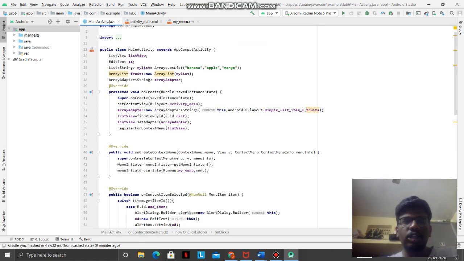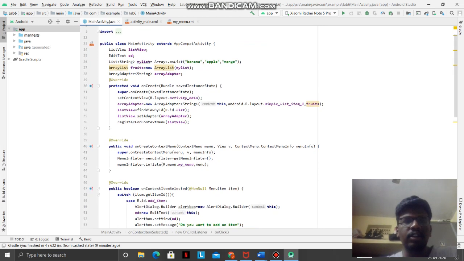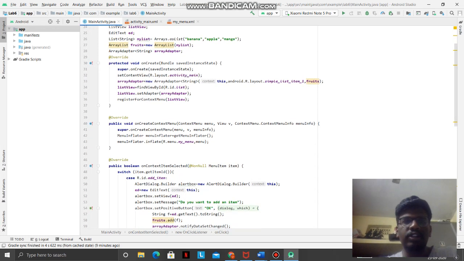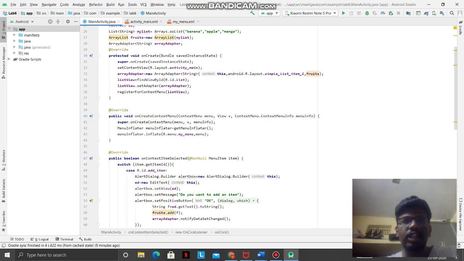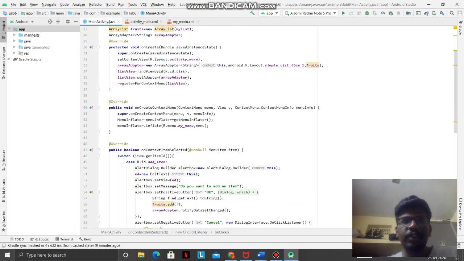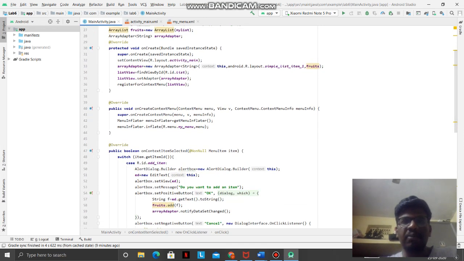So we import the libraries and we create a class, then we create a list. In the list we pass all the variables which we give in the menu, and we initialize the list of routes. Then we create a bundle variable, then we create an adapter, and using array adapter we define a simple list item, and we pass all the variables in this.